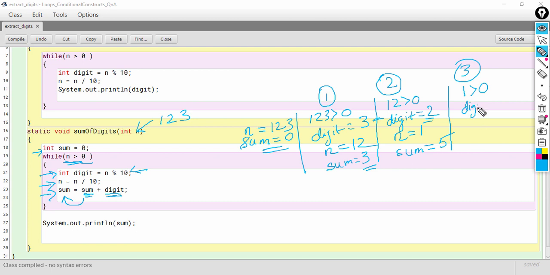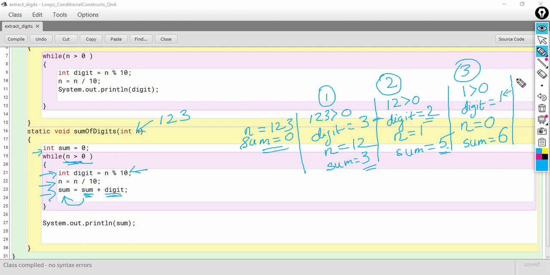Again we extract the digit, which is 1 this time, and in n we'll have 0 because 1 divided by 10 gives 0. In sum we add 1 this time, so 1 plus 5 gives 6. So in sum, the updated value is 6 now.